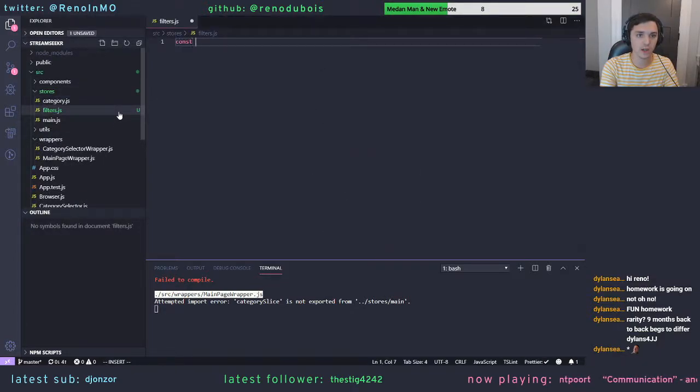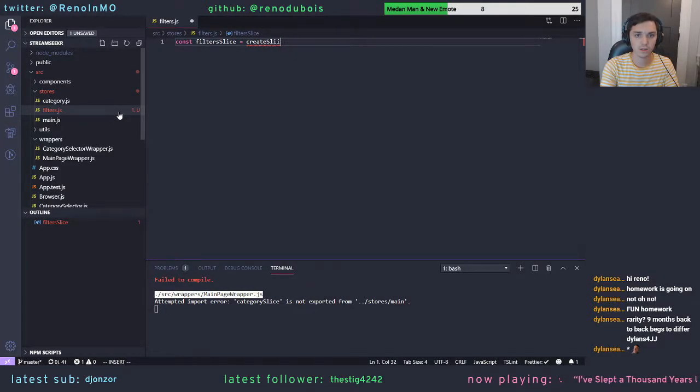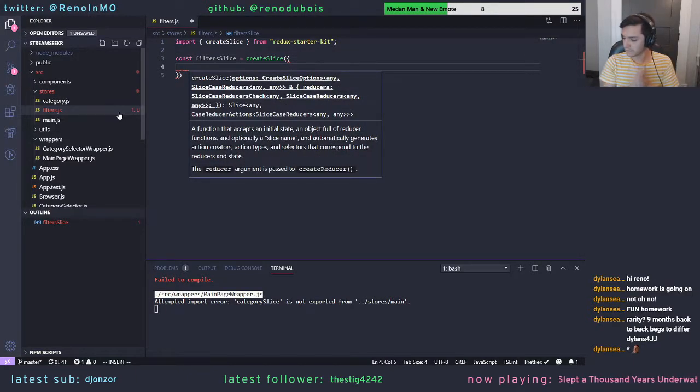So this should be const filtersSlice equals createSlice, and this is gonna be an object. Okay, so we're going to create a slice. We have our